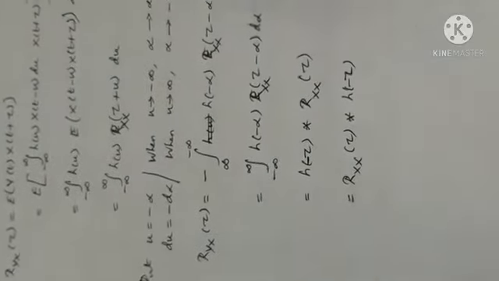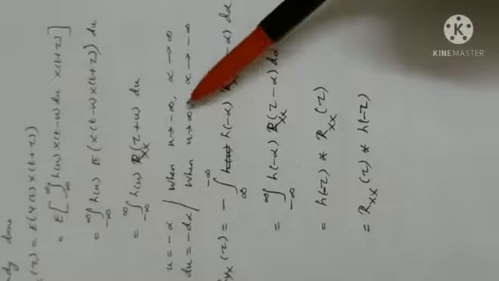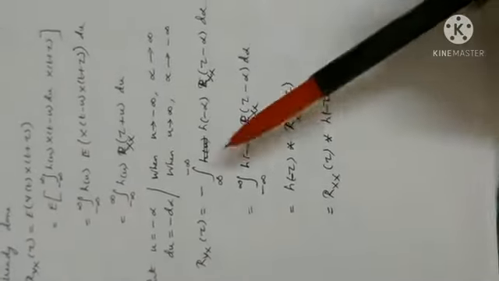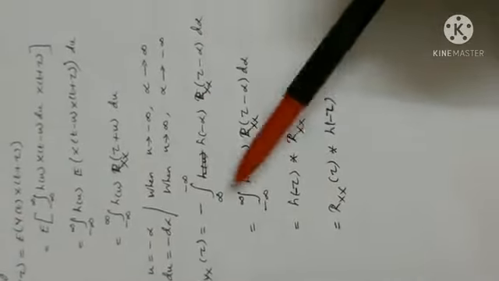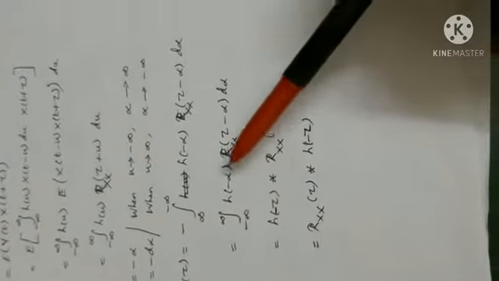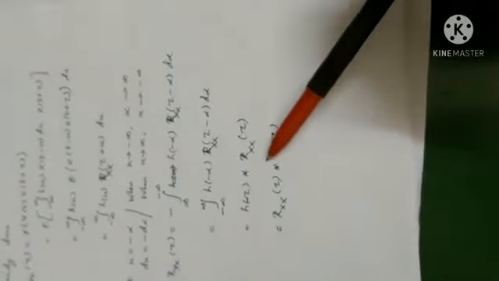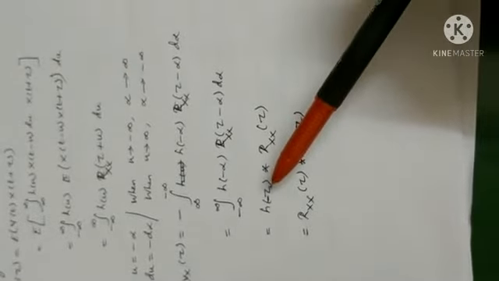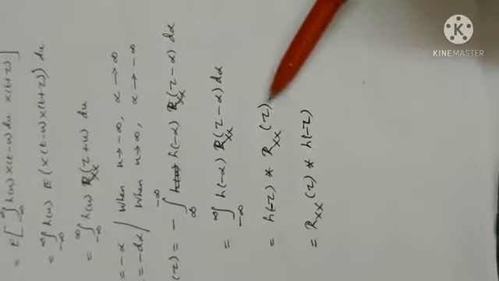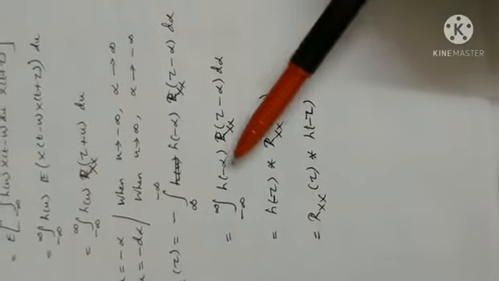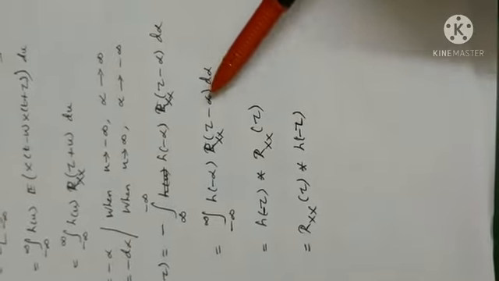These things we discussed earlier in properties, okay? Already. So it is not new. If you go through the video, you can understand. You check whether the limits change, okay? When we have a minus sign here, you can change the upper and lower limits so that the negative sign becomes positive. And now it is ready to use convolution, right? What is it by convolution? h of minus tau or x of tau. You go through the convolution definition, okay? Replace the first function by alpha, the second function by tau minus alpha.